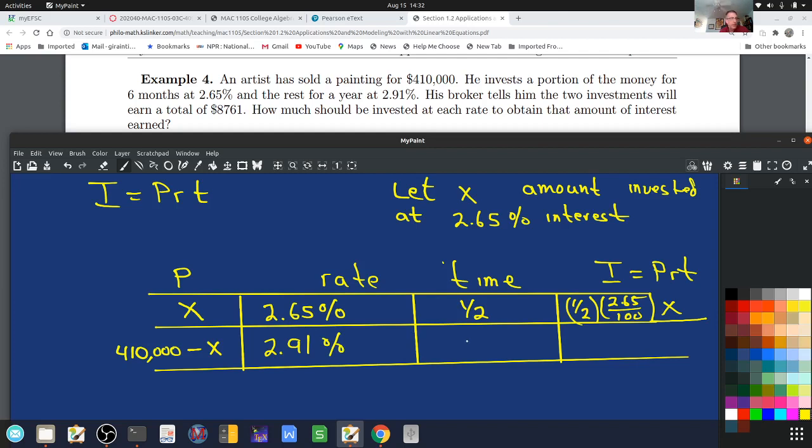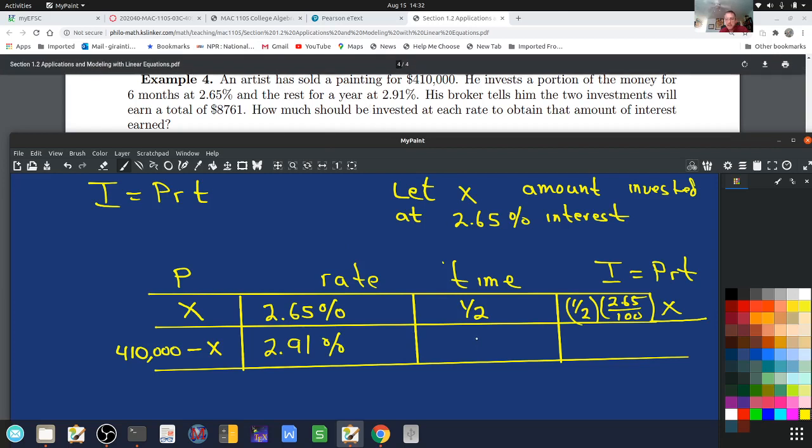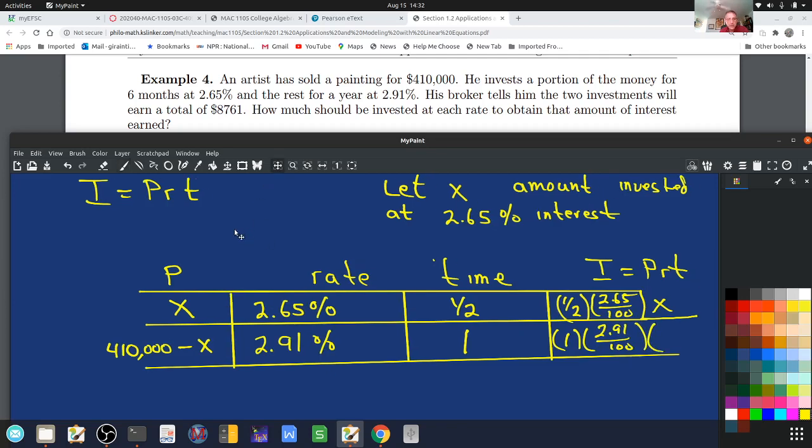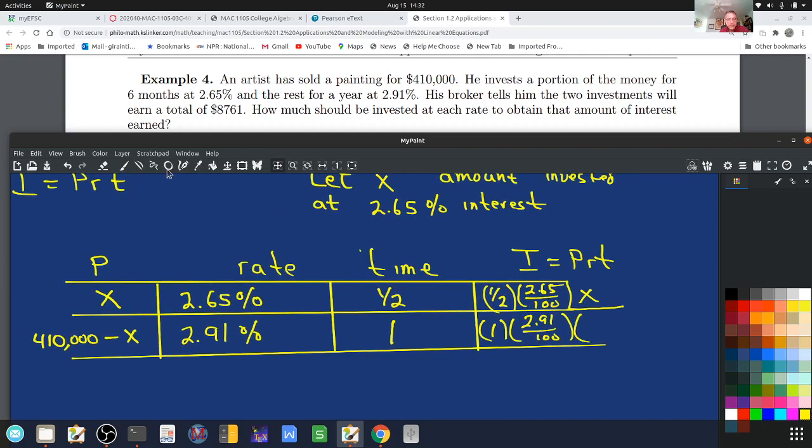The rest is going to be invested for 1 year. So that's 1 times rate, 2.91 over 100, times our principal, which is $410,000